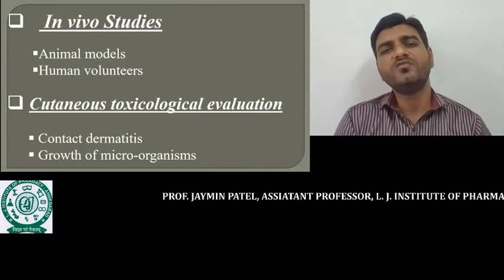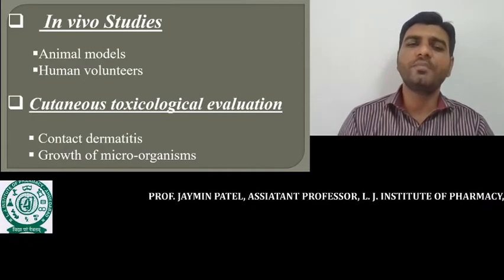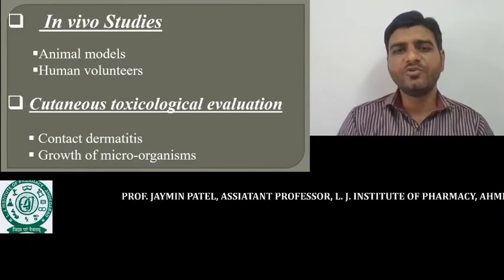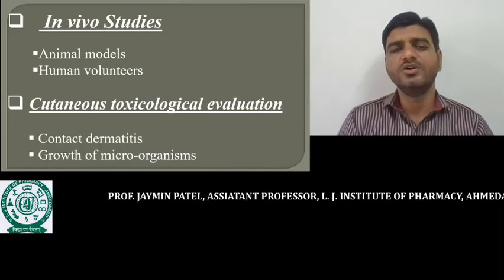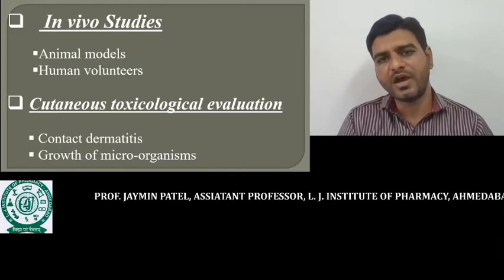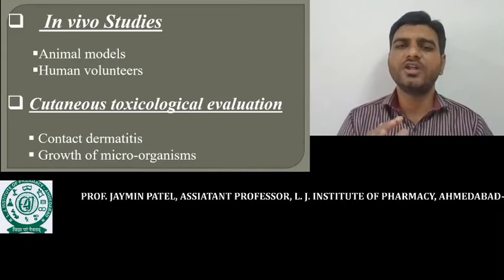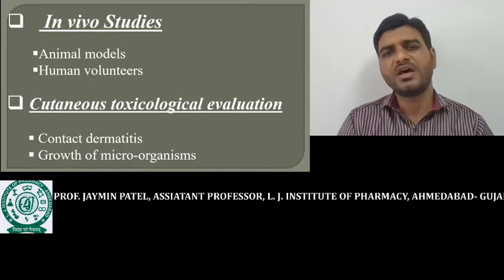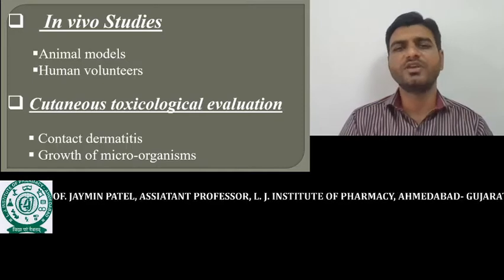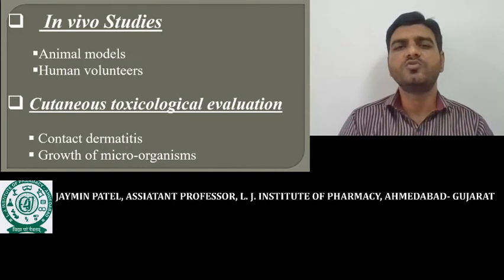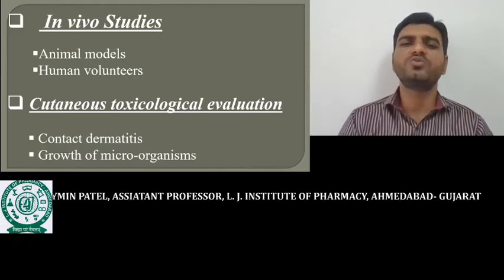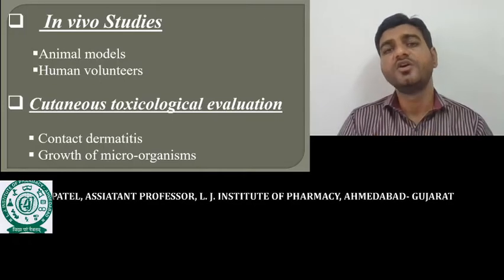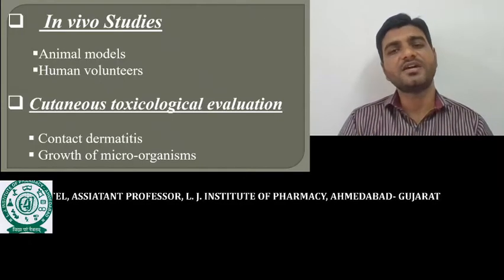If we talk about the in vivo studies, the patch is applied over a specific animal model. Generally we prefer rats or mice; sometimes we utilize rabbits and monkeys also. The animal model is selected, we remove the hair from the skin, and later we apply the patch and perform the study. We measure the quantity of drug entering the blood circulation, and on that basis we come to know how much drug permeates through the skin. Sometimes we also check whether irritation occurs due to the transdermal patch or not.